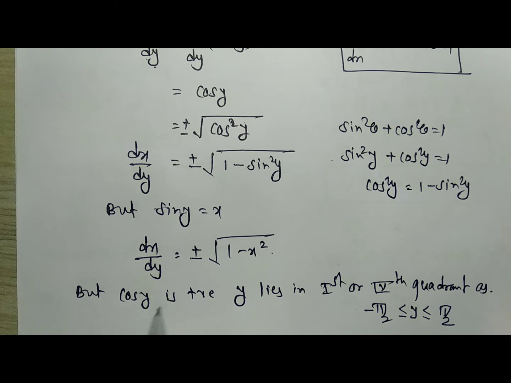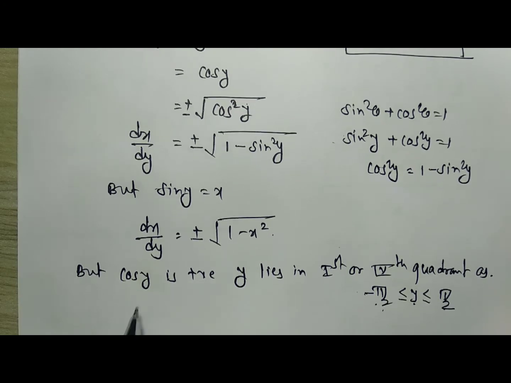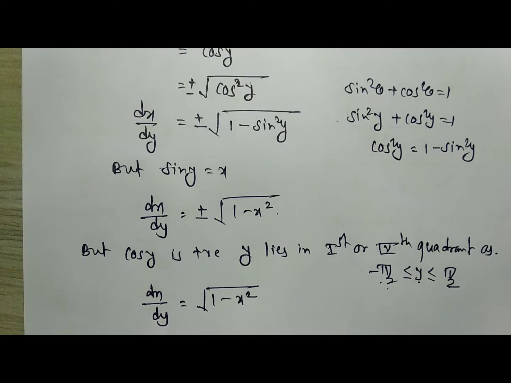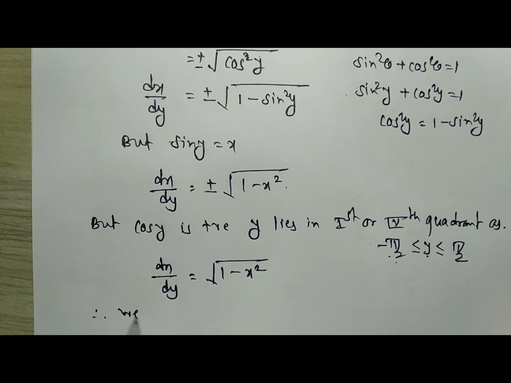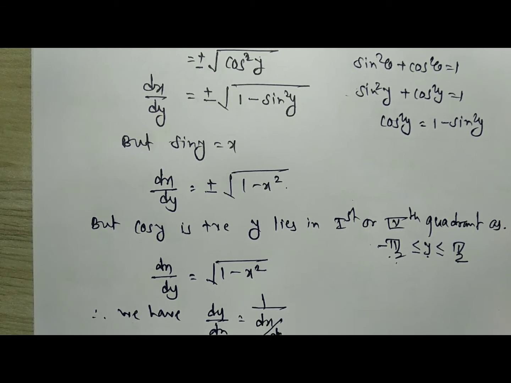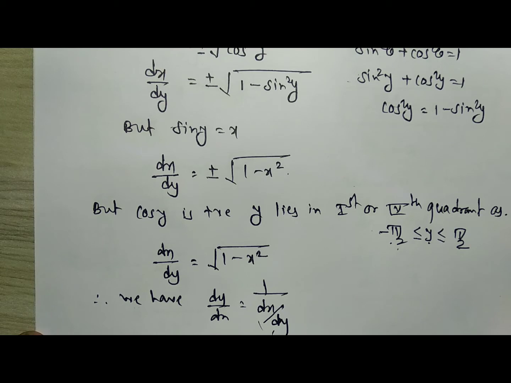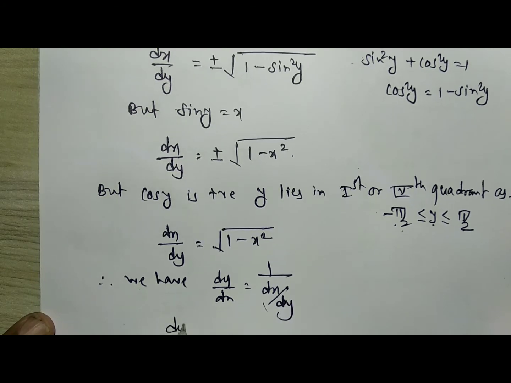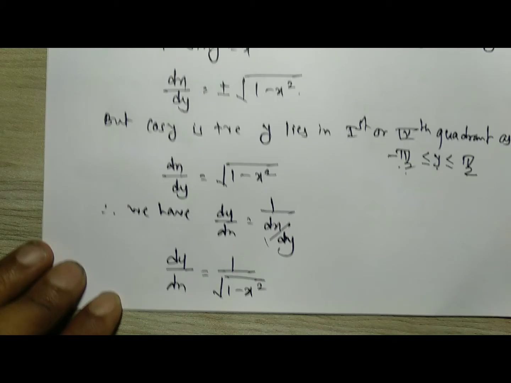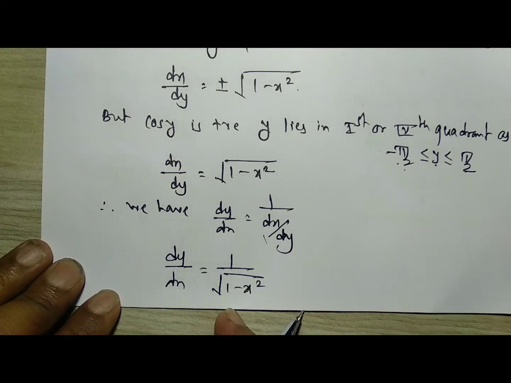That means you will get the value of cos is positive when y lies between minus pi by 2 to pi by 2, and therefore you will get dx by dy is equal to square root of 1 minus x square only. And we have dy by dx is equal to 1 divided by dx by dy. Putting the value of dx by dy, that means square root of 1 minus x square here, you will get dy by dx is equal to 1 divided by square root of 1 minus x square. Dy by dx is nothing but 1 divided by square root of 1 minus x square, and this is nothing but a proof of this